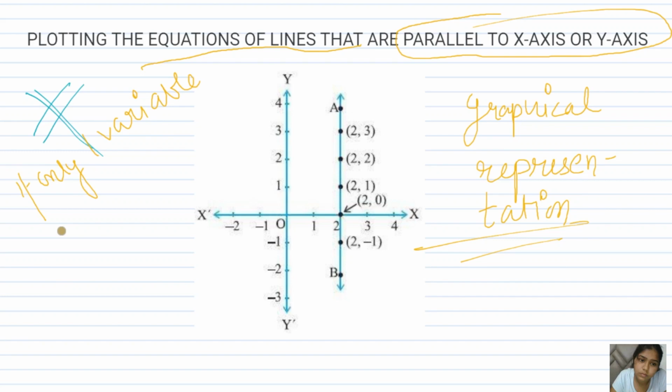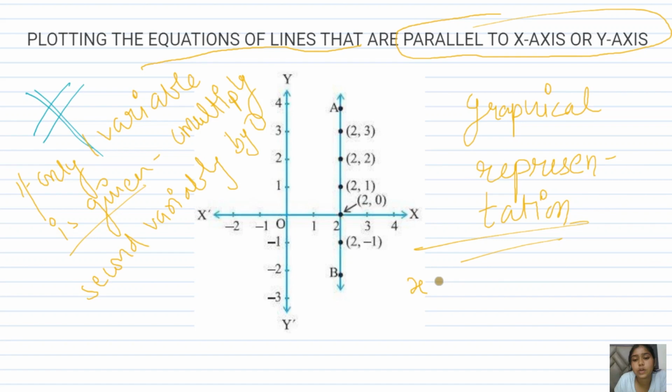Let's take an example to explain this. x equals minus 5 is the given linear equation. Our standard form is ax plus by plus c equals 0, so we have to arrange this. So 1x plus 0 multiplied by y plus 5 equals 0. This is the standard form, as we have studied in earlier classes.